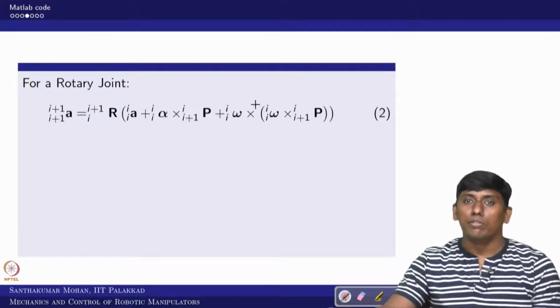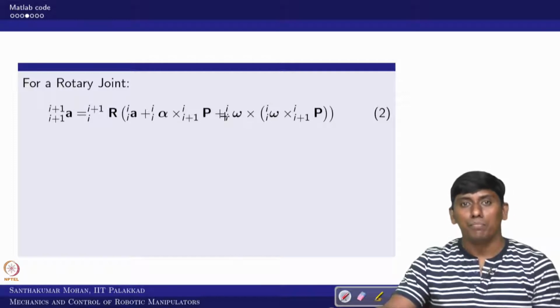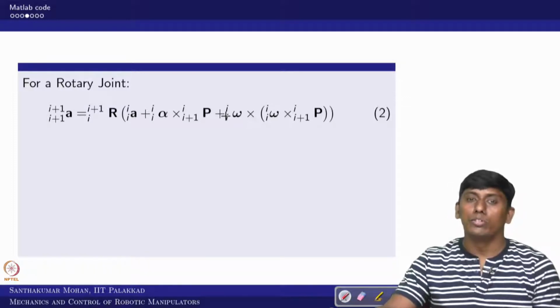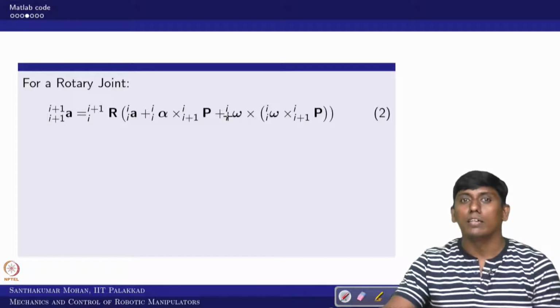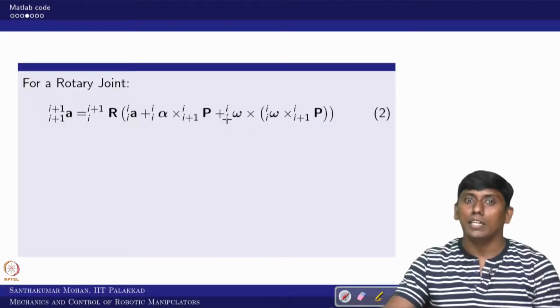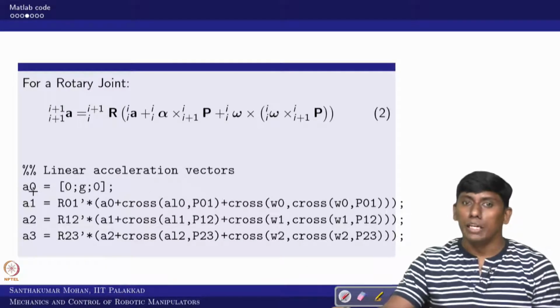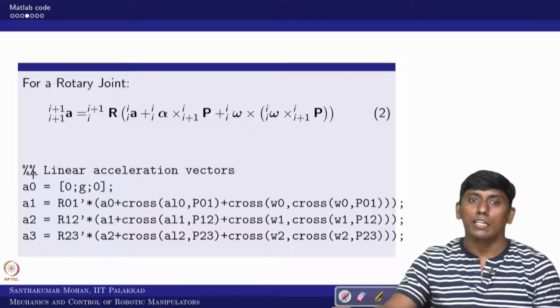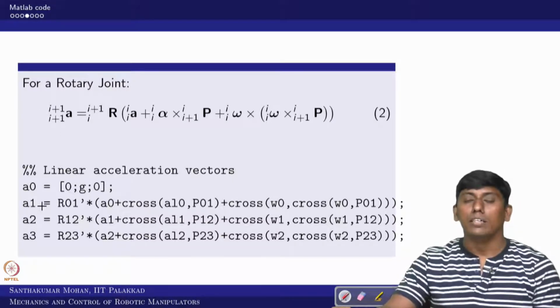In that case, we can derive this equation in MATLAB in the same form. A0 we know, which again starts from 0, but if you assume this is a vertical manipulator, then you need to mention the gravity direction. I assume that g is the gravity acting in the y axis. So A0 is no longer a zero vector, it is 0, g and 0. Now based on this equation I can derive the joint one linear acceleration, the second and the third one. So all linear accelerations I derived.